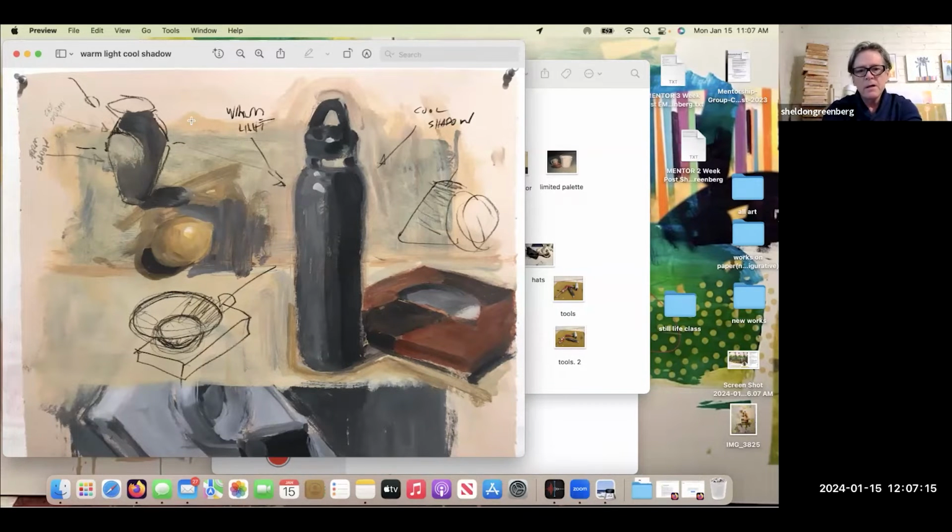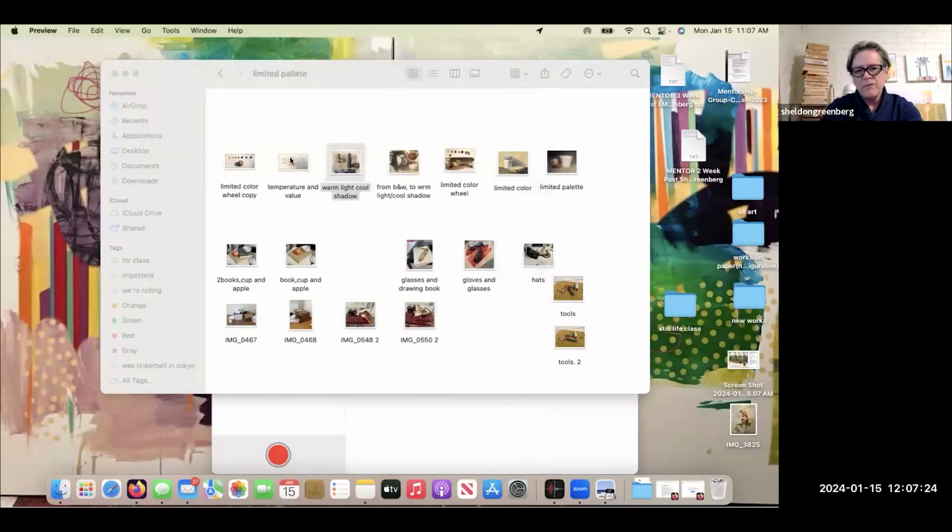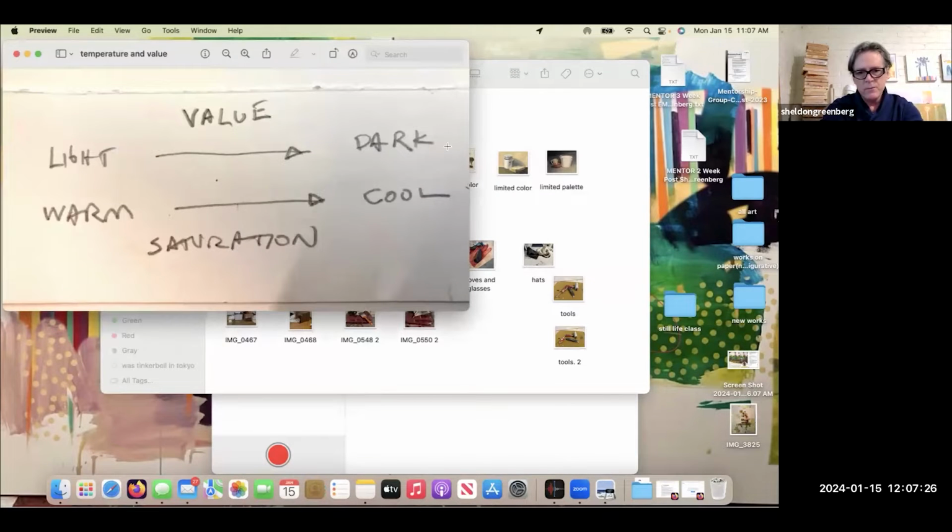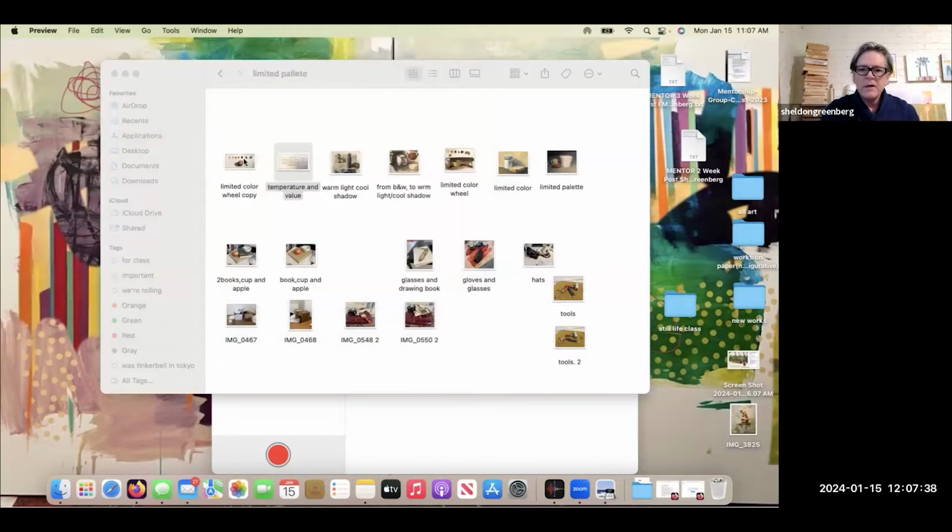That's an example of what I'm showing here: how to manipulate the color choices as well as the value at the same time. I find that very, very important. This is a really simple way to keep this in mind: light value to dark value, you're going to deal with warm color to cool color. If you think of those two things in tandem, it'll be really easy to put this together in practice.